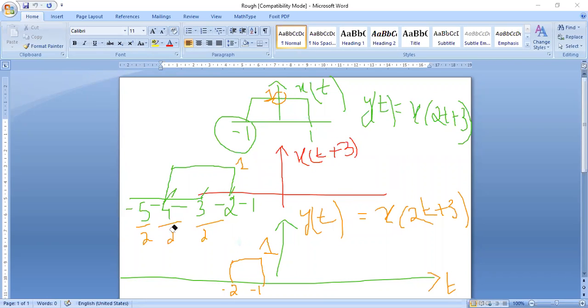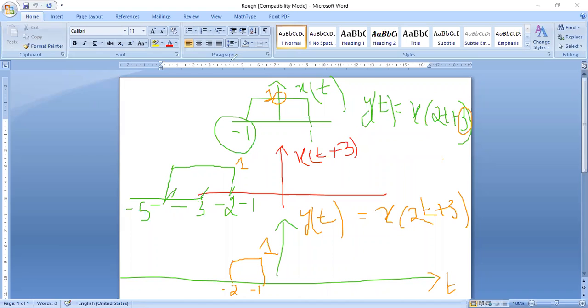Precedence rule. In the previous slide, I have shown you. If we have two properties together in the equation, see, I have here time scaling. 2t means scaling. And I have plus 3 means shifting. Both the properties are present. If both the properties are present, I have to apply the first property. Which property? Shifting property I have to apply always. First shift, then followed by scaling. So I think if you know this, you can do it easily. So I have to perform shifting. When we perform shifting, I should forget about the time scaling number. 2t, I should forget it.